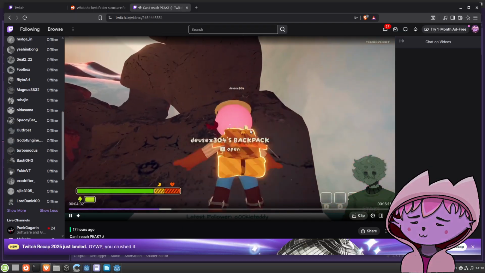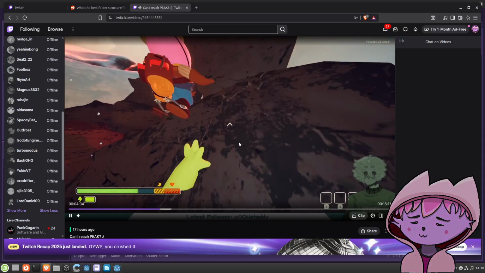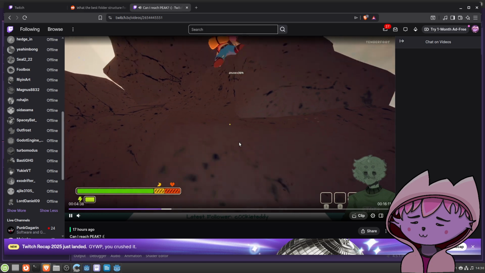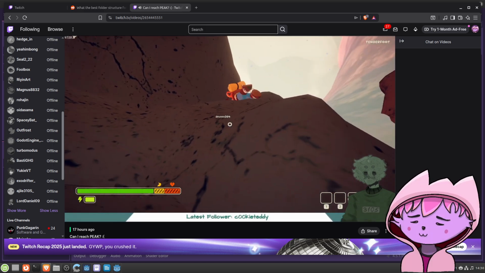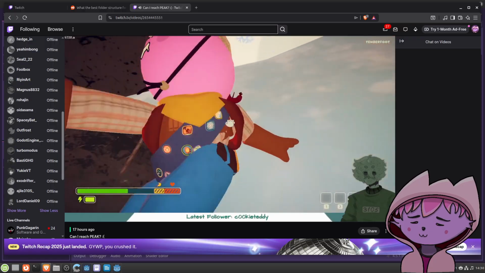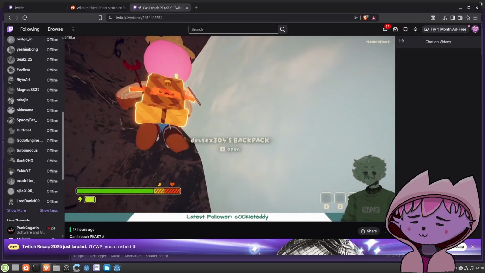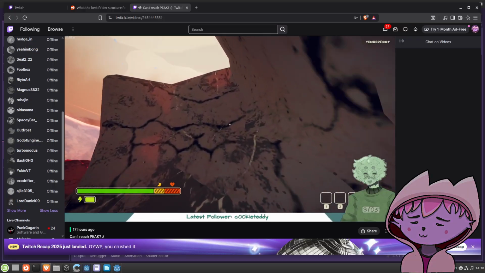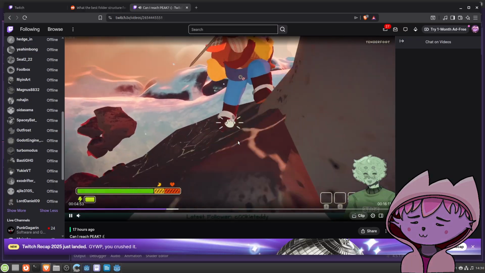So this was the last level already. Hmm. You know, if I die right now, I will respawn back down there. Because my checkpoint is down there.